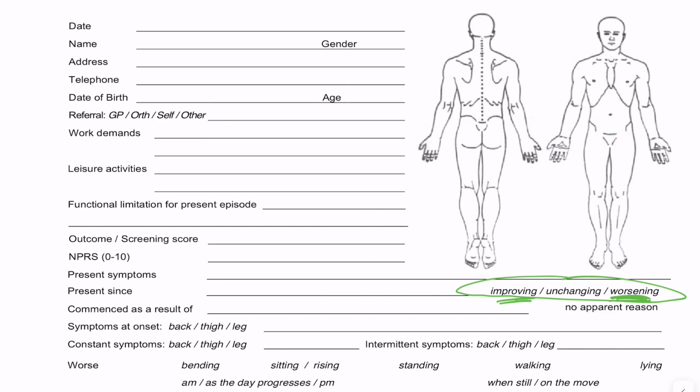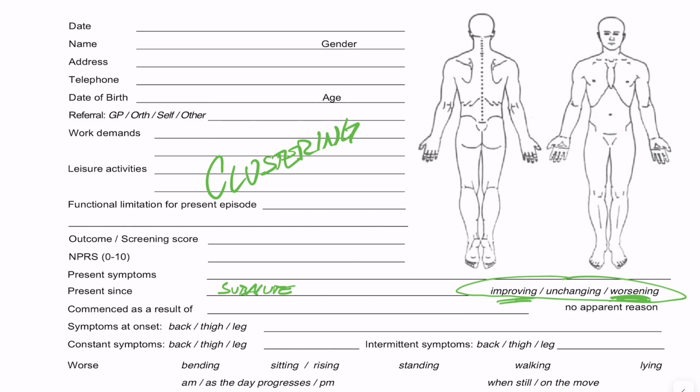Now, if they're worsening and the problem is, say, subacute, well, now you're thinking, okay, this is the first point where you really want to start thinking about clustering. So clustering is where you stack up clues. It's like, okay, they said this, they said this, they said this, and that's suggestive of a certain type of problem. So for example, if a patient says that they are worsening and the onset of the symptoms is subacute,